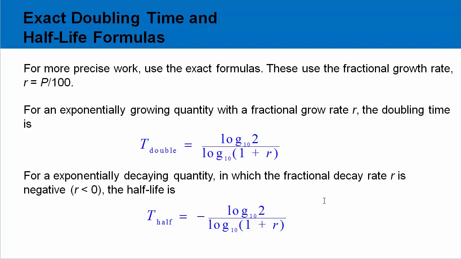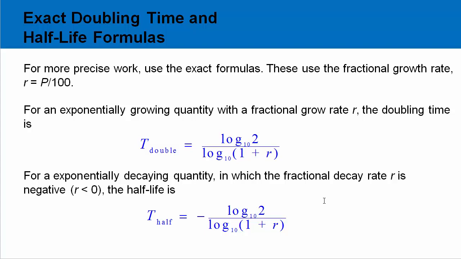If we want to be more precise, we want to use exact formulas. So instead of these approximations of 70 over something, we actually have perfect formulas that give us precise answers. And they're very easily just log base 10 of 2 over log base 10 of 1 plus r. And then the other one is log base 10 of 2 over log base 10 of 1 plus r. And you go, oh, wait a minute, that's the exact same formula. Yes, of course it's the exact same formula. We just talked about this, right? It's just the difference between doing 2 and then 1 over 2, so the formula is going to be